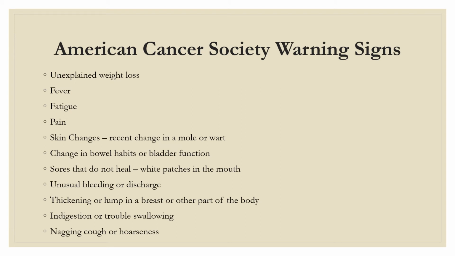The next slide is pretty interesting. I just want to talk about the American Cancer Society warning signs. These are the updated 2020 warning signs. So we'll go through these. The first one is unexplained weight loss, typically about 10 pounds or more. And then they talk about fever. Fever can be common with cancer, but most often it happens after cancer has spread or metastasized from where it started, so it can typically be a later sign. In other cancers it's more of an earlier sign. If we talk about leukemia, fever tends to happen earlier.